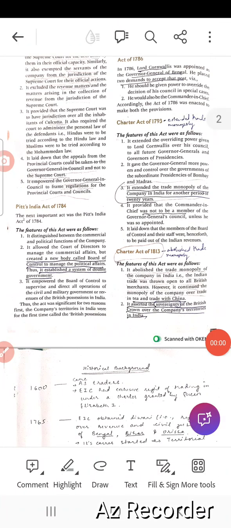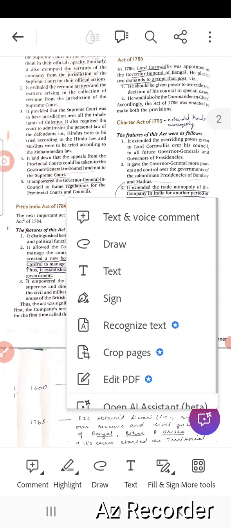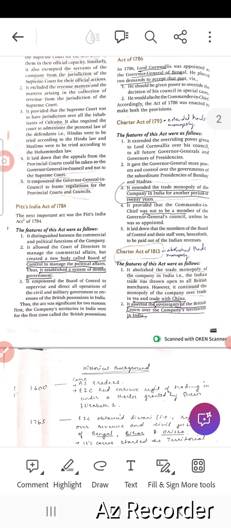Then it provided that a commander-in-chief was not to be a member of the Governor General's Council unless he was so appointed. It means it is not the case that whoever became commander-in-chief automatically becomes a member of the Council. There was no such by default process in this. If he is to be made a member, then he has to be appointed separately. It is not that when a person becomes commander-in-chief, he automatically becomes a member of the Governor General's